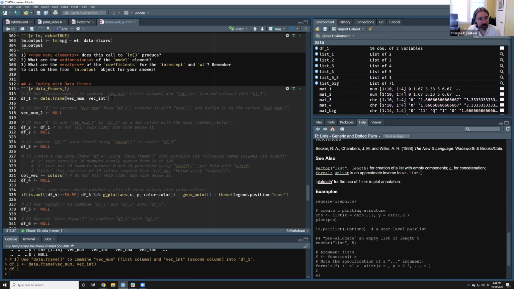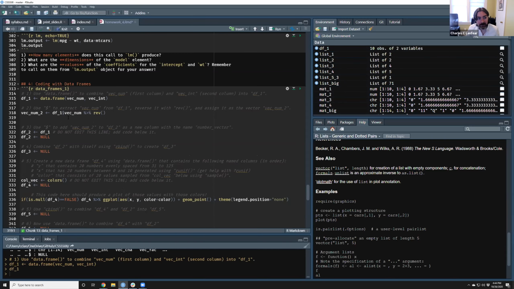Okay, the next one. Use $ sign to extract vecnum from df1 and then reverse it with rev and assign it as the vector vecnum2. So there's 2 steps to this, which could all be done in one go. What do we want to do here? We extract vecnum and then we reverse it. That's one way to do it.